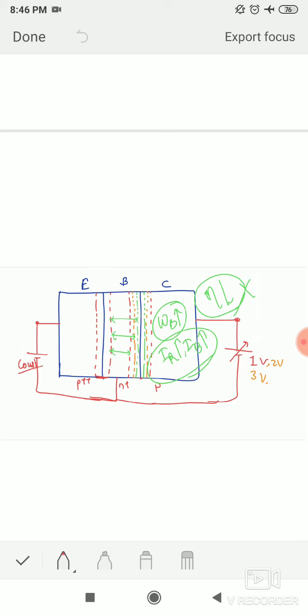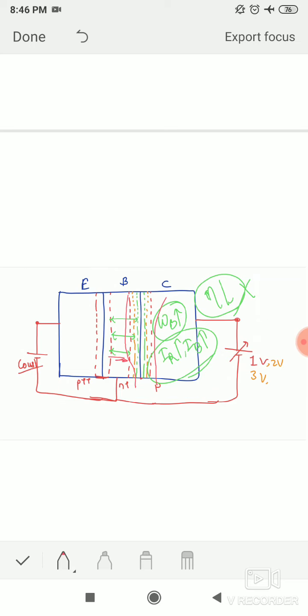In forward bias, we know that when the voltage increases, the depletion layer of the PN junction decreases. So when we give 1 volt, the depletion length is this much, and this is the effective length. When the 2 volt supply is given, the pink color depletion region decreases. The pink color is the depletion region of 2 volt. Then the effective length increases.